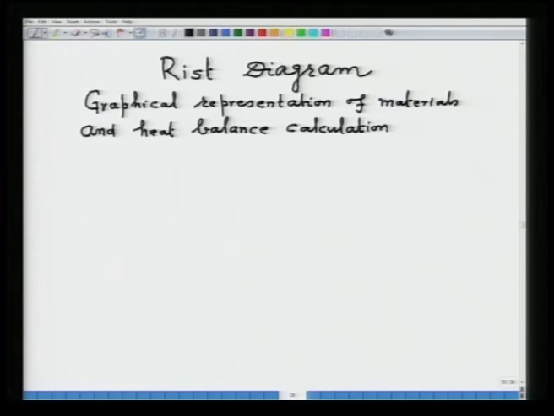So far we have done material and heat balance for 1000 kg pig iron, we write the balance, we calculate the amount and so on. Now, if you are looking for a graphical representation of the entire stoichiometry of blast furnace iron making, then a different approach is to be adopted. By doing this graphical representation for a particular blast furnace, we can represent the data on a plot with whose help we can predict the performance of blast furnace iron making in the future.